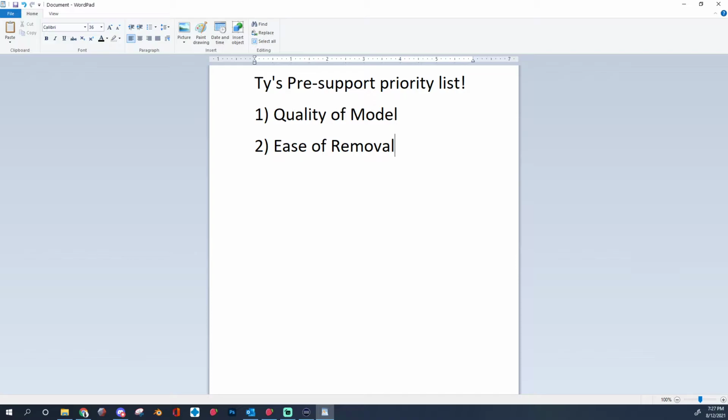So when I place supports, number one is the quality. If I have to sacrifice ease of removal to maintain quality, I'm going to do it. But most of the time I can still make an easily removable model while also maintaining the quality. So paramount, number one; secondary, number 2, make sure it's good quality, make sure it's easy to remove. Number 3,